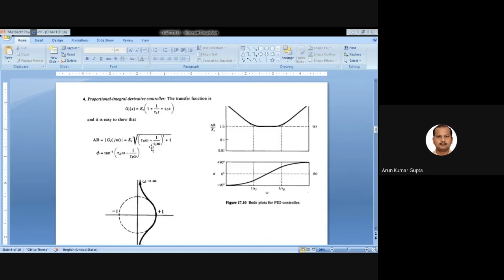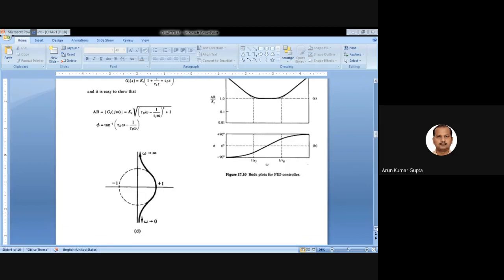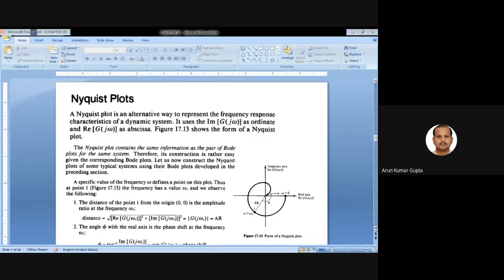Now at some moderate value of omega, maybe at a particular omega, both terms will be 0, so we have only Kc. So that is why this is Kc. And then as omega tends to infinite, it will go to infinite again. Similarly, for the phase angle, it varies from minus infinite to plus infinite, which means from minus 90 to plus 90. So these are very easy plots, but at least get familiar with this kind of Bode plot for a particular system. Now, come to the Nyquist plot.